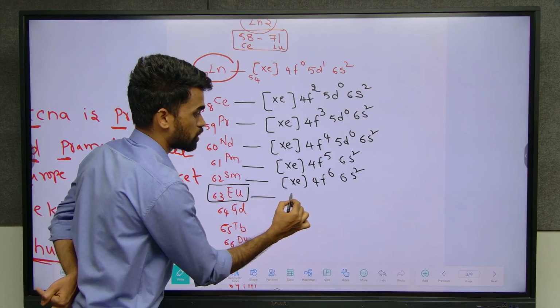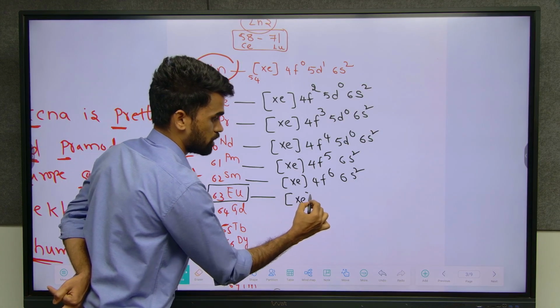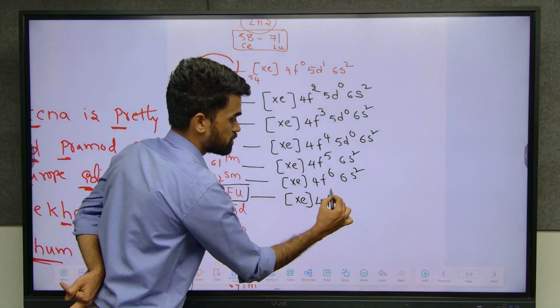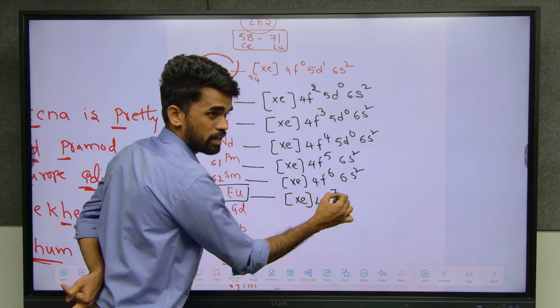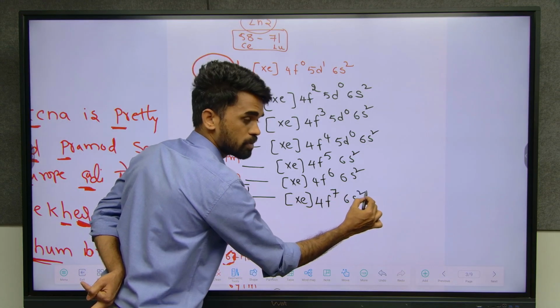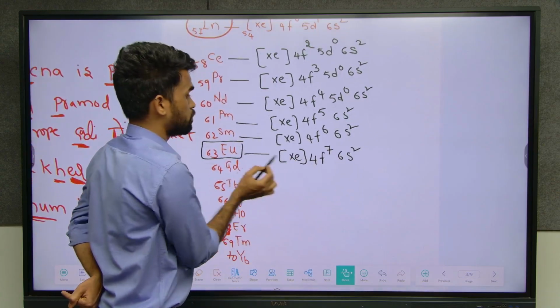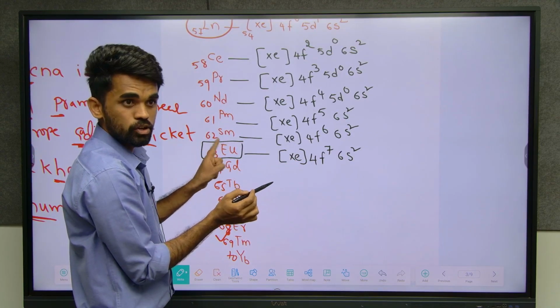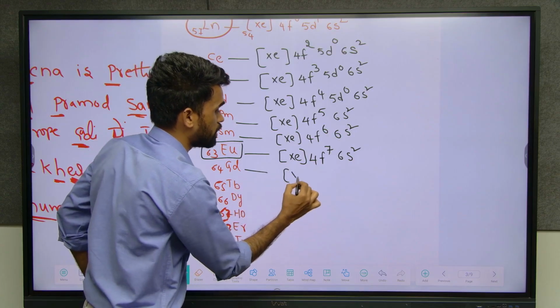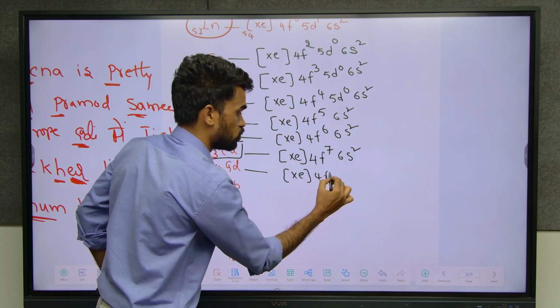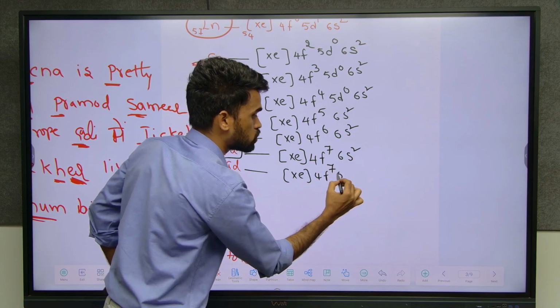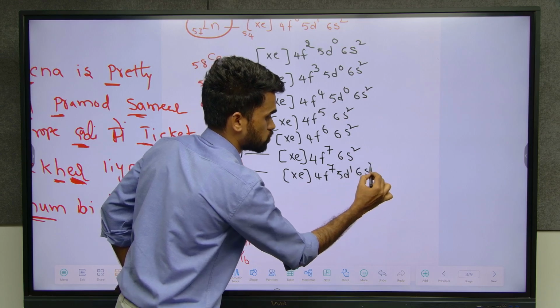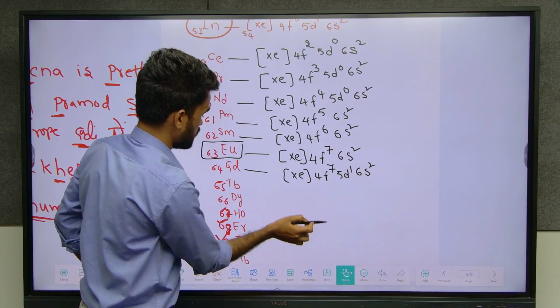Stable place means you can remember it as half filled configuration. What is that? F7 we are saying now, half filled. You can remember like that. The next 6S2. Okay. Since Europe is stable place, gadolinium also wanted to stay in Europe only. So it will also be having 4F7 only. That extra electron goes to 5D, 6S2. Okay. And the next one,